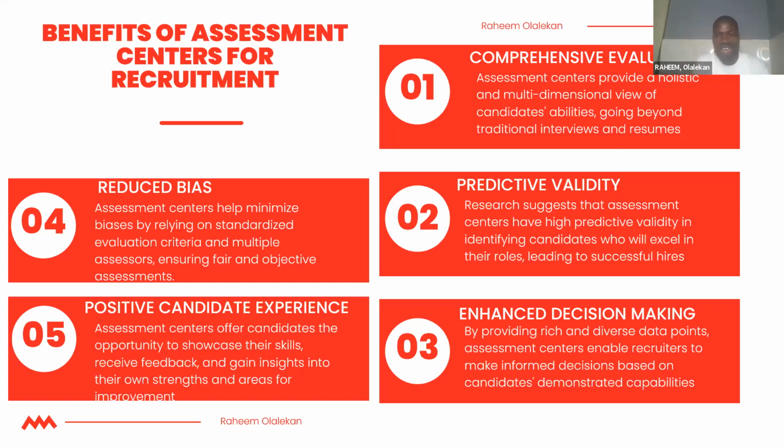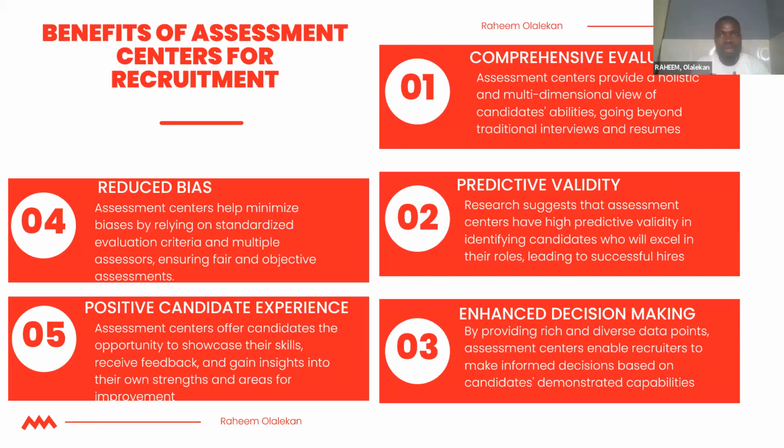Predictive validity. I think this one is top notch. To predict anything, assessment center is the best, be it for leadership or for recruitment. Oh, I was part of an assessment center sometime last year, I think around July, August last year for Friesland. And